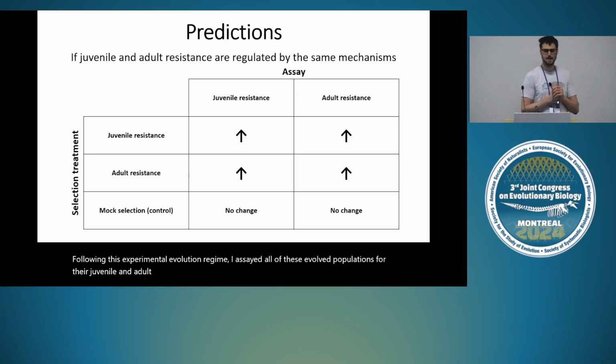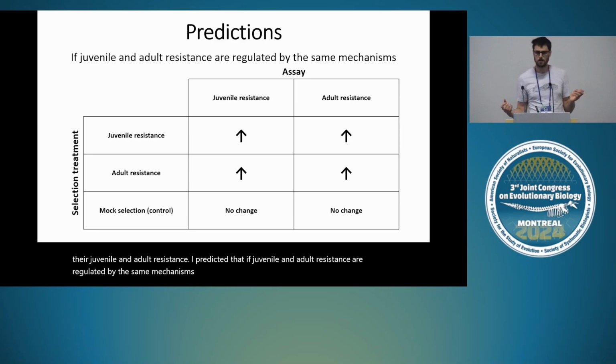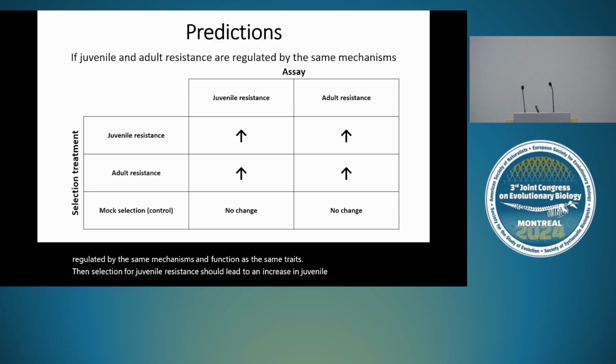I predicted that if juvenile and adult resistance are regulated by the same mechanisms and function as the same traits, then selection for juvenile resistance should lead to an increase in juvenile resistance and also an increase in adult resistance. And similarly, selection for adult resistance should lead to an evolved increase in adult resistance, but also an increase in